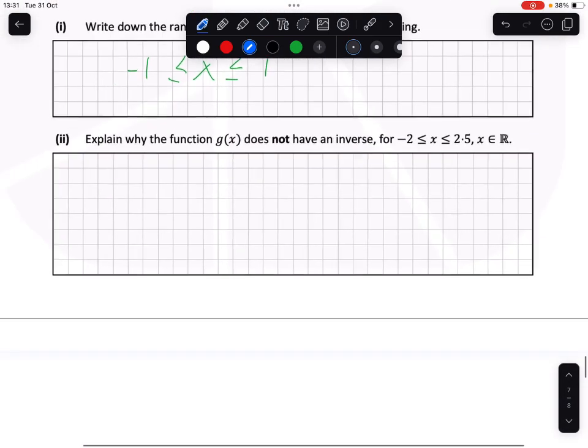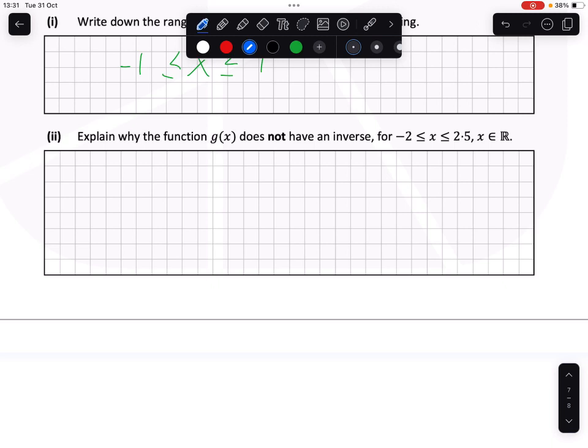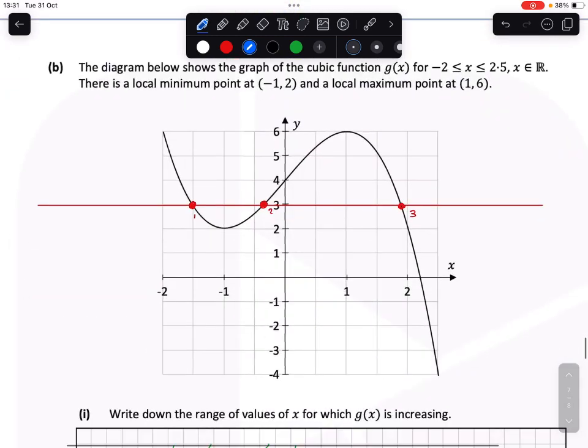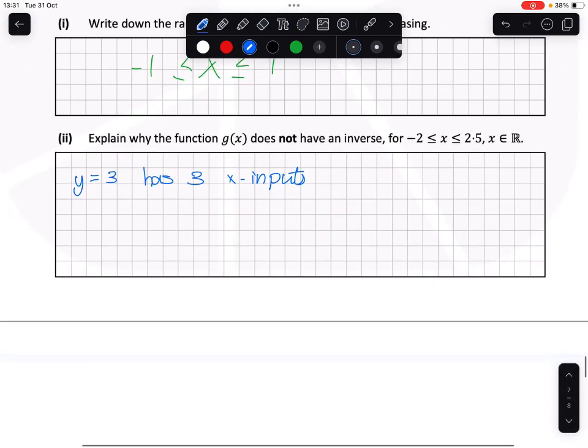So we want to explain why. We can say that y being equal to 3 has 3 x inputs. In other words, if we subbed in f of minus 1.5, this looks like it would be maybe minus 0.66, and then all the way over here we have, call that 1.8. If we sub those 3 values into f of x, we'd get 3. So we have 3 values of x being mapped to the same value of y. So that's why it can't